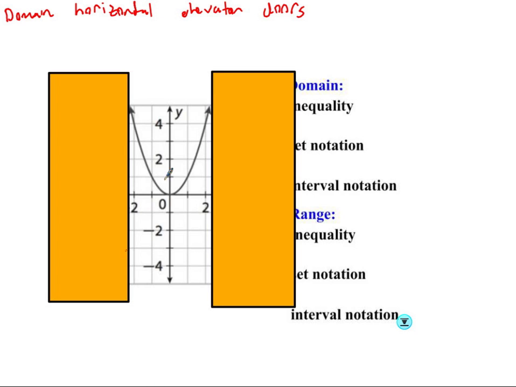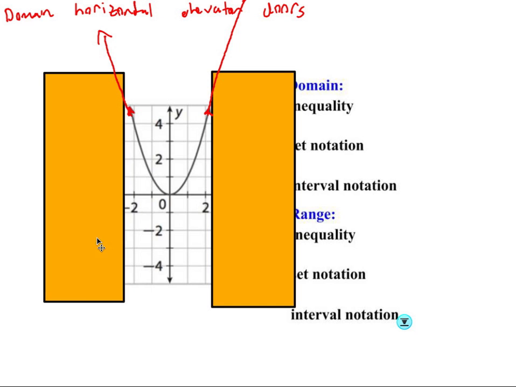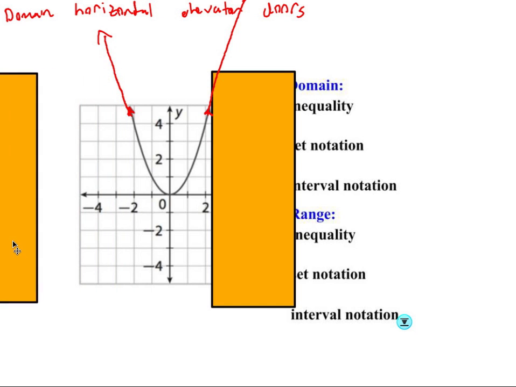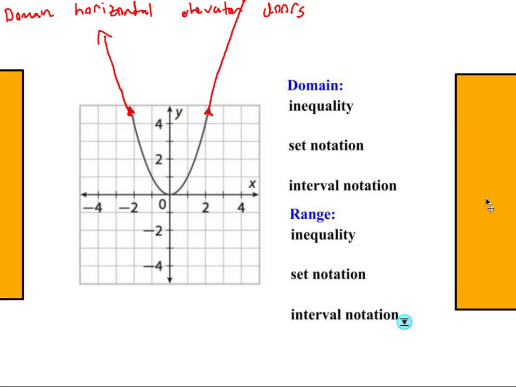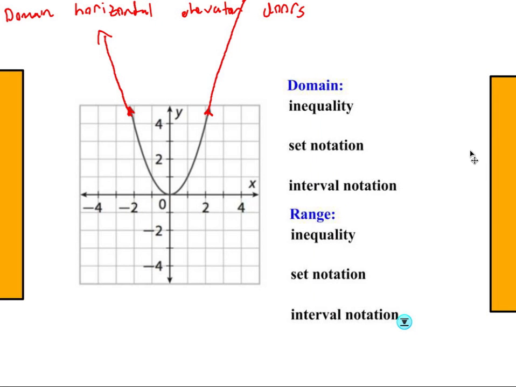But these arrows right here basically mean that the graph keeps on going and going and going, and on the other side it keeps on going and going, and it actually keeps on going until it never stops. And so these elevator doors keep on opening and opening, and so if these elevator doors keep on opening and opening,